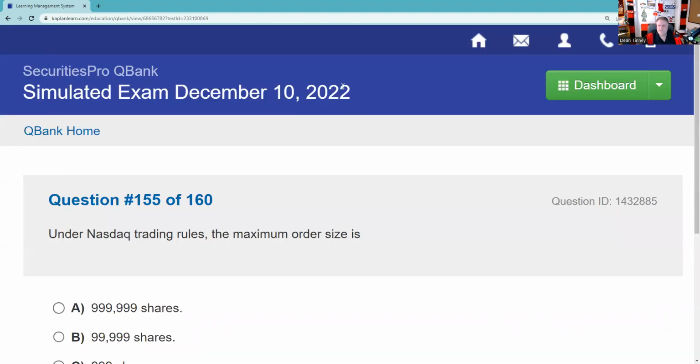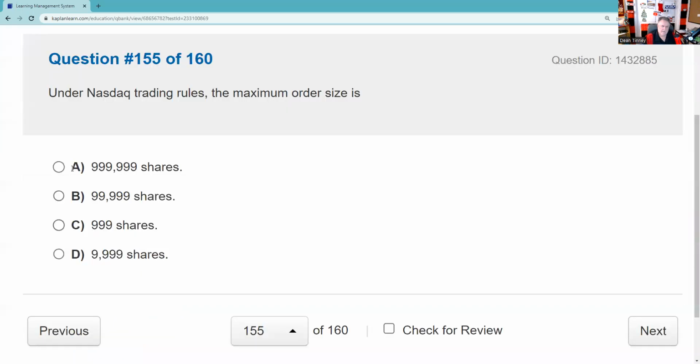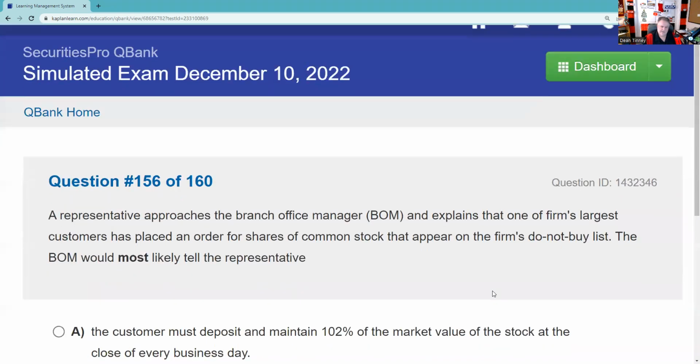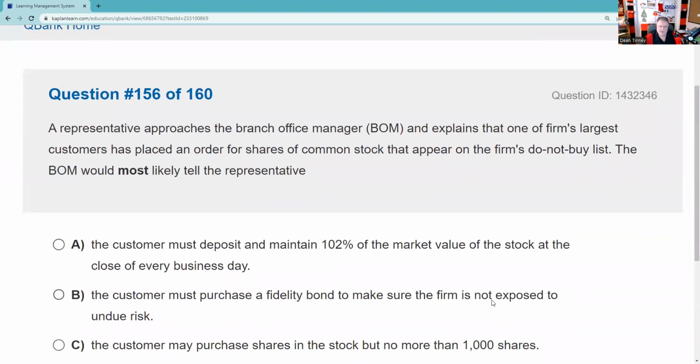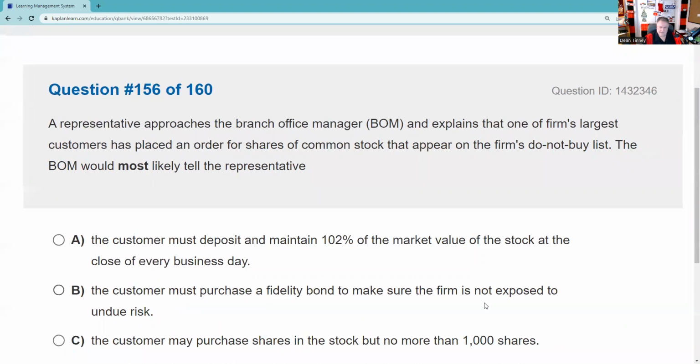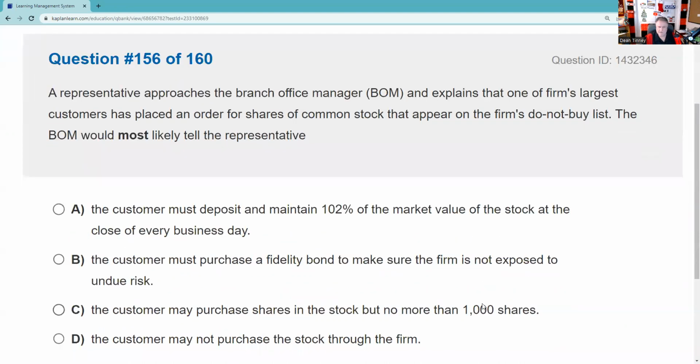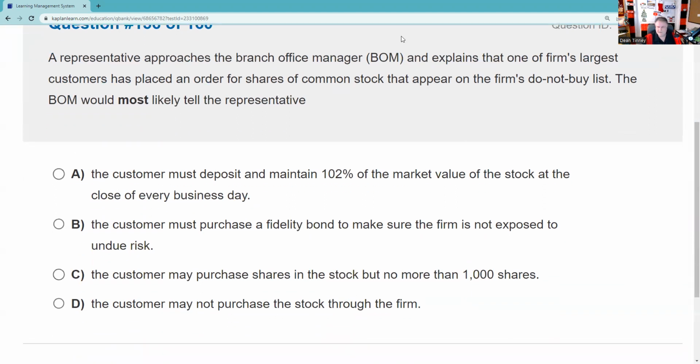155. Under NASDAQ trading rules, the maximum order size is. It is less than $1 million. Choice A. 156. A representative approaches the branch office manager and explains that one of the firm's largest customers has placed an order for shares of common stock that appear on the firm's do not buy list. The branch office manager would most likely tell the representative,